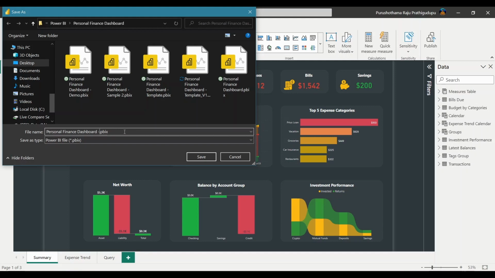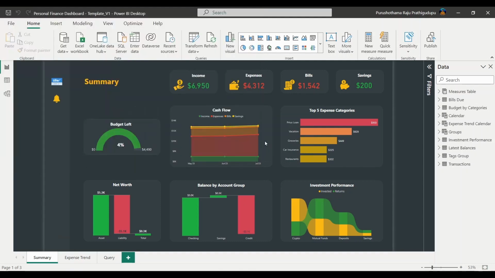You can just get rid of this whole thing and save it. But just for this demo purpose, I'll save it as -demo because I already have an actual file for me. So hit save. Okay, now we have the demo file created, or in your case, the actual file created.